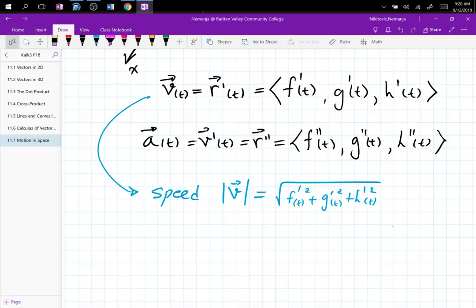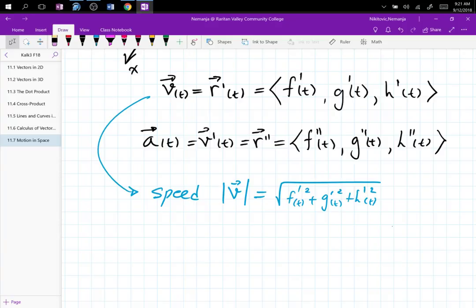Now, it makes sense to have the speed limit on the highway rather than a velocity limit because you want to go with the flow of traffic, right? So direction is implied, right? Otherwise, you are going to ruin your day and possibly someone else's day as well. So we keep the speed limit because we only worry about the magnitude of that vector. We all know that we should be going with the flow. So that's our